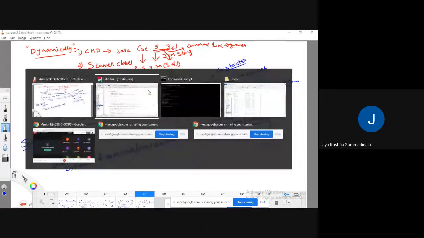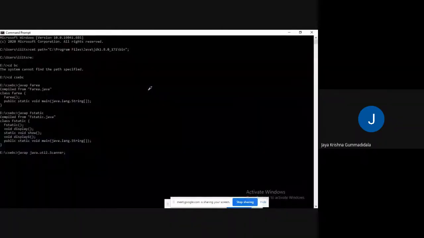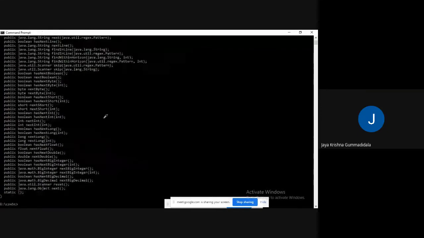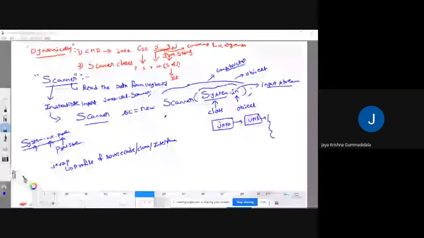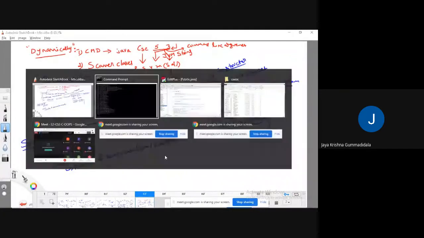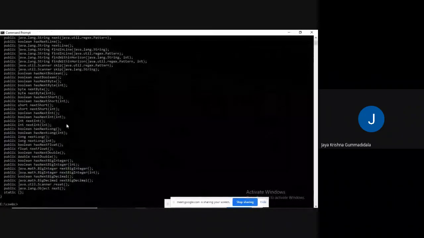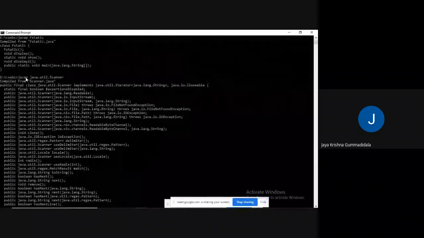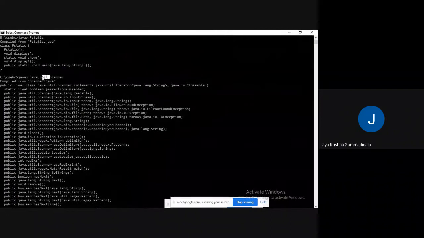So if I write like this and press enter, see guys, here you got what? I am trying to see the profile of the scanner class which is present in the util sub package. That util sub package is present in the Java package.